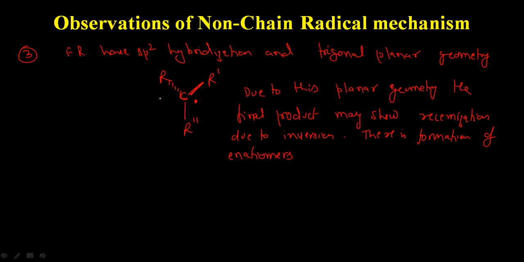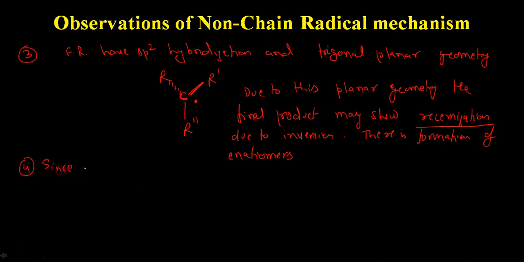Because of this planar geometry, they can change their configuration, and if we have the existing configuration as well as a new configuration, we will observe a process which is called racemization, means equal existence of the two enantiomers. This is very important. So in a free radical mechanism, there is racemization. We have studied the concerted mechanism where no change in configuration was observed, whereas in the case of the SN2 mechanism, there is an inversion of configuration because of the backside attack of the nucleophilic metal center, whereas in the case of the free radical mechanism, we may have racemization.